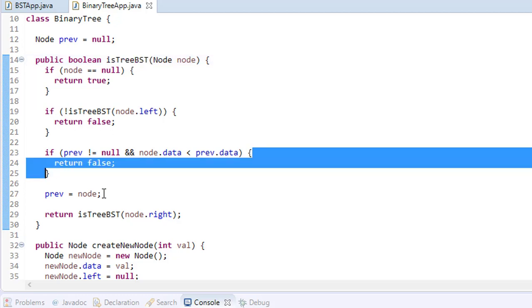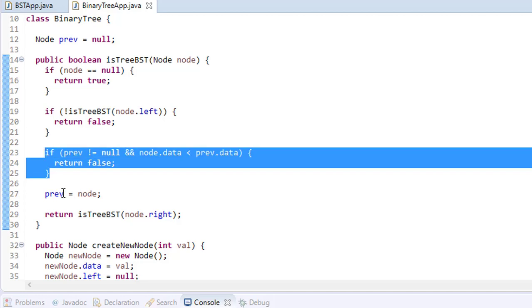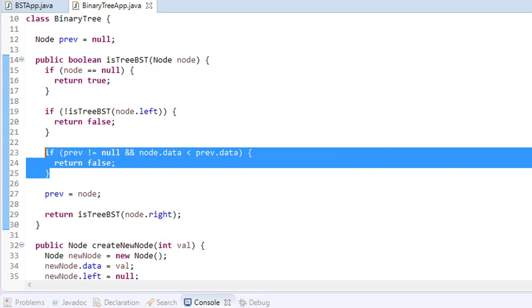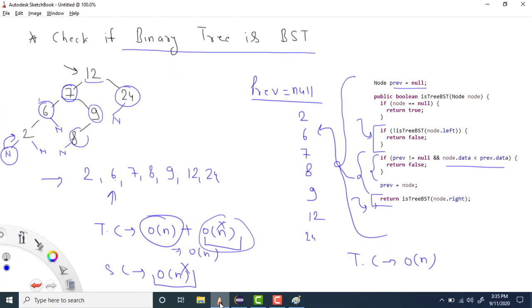Else, in between, check this condition, then assign previous equal to node at every step, and at the end return isTreeBST of node's right. So it will check the right side, right? This is how we can check whether a given binary tree is a BST or not.